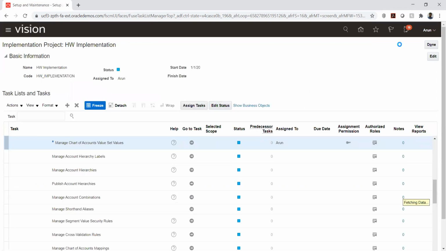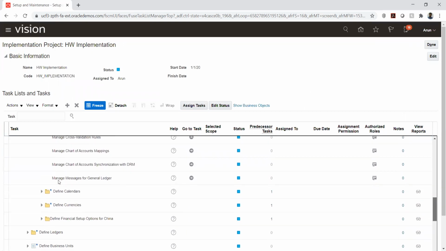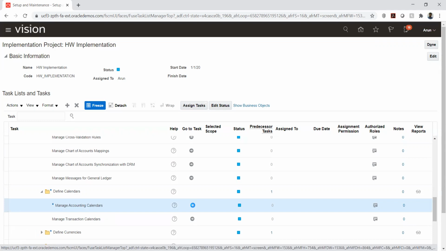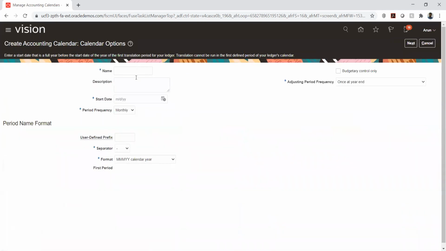Now let's try to create the calendar. Here again we have a few differences between EBS and Fusion.